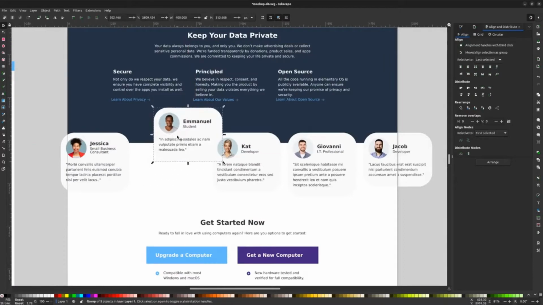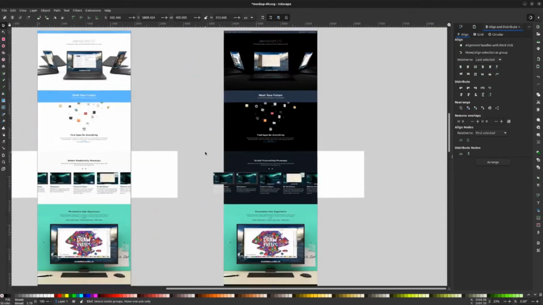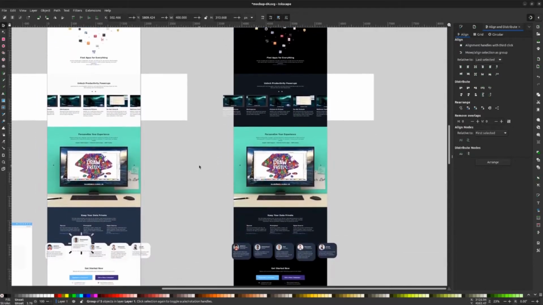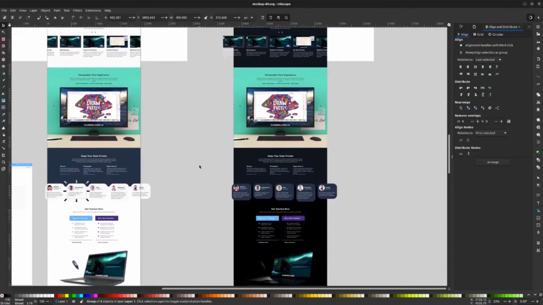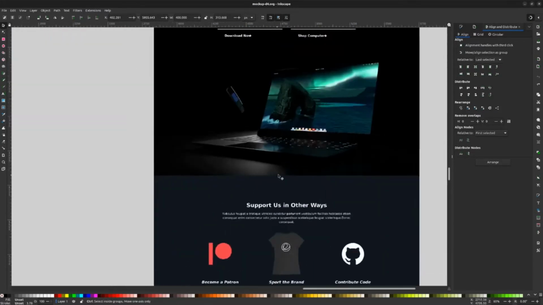Here you can see the layout and the light and dark modes in preparation for a handoff to the web developer. This page design has not yet been built, but it serves as a great example of how a suite of free software applications can all come together to create something new and exciting.